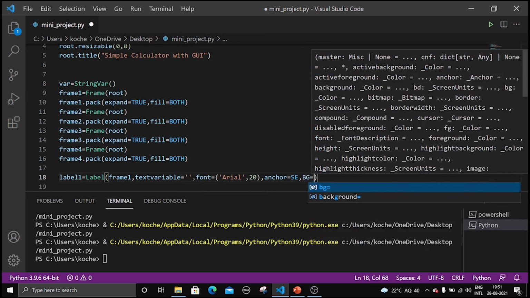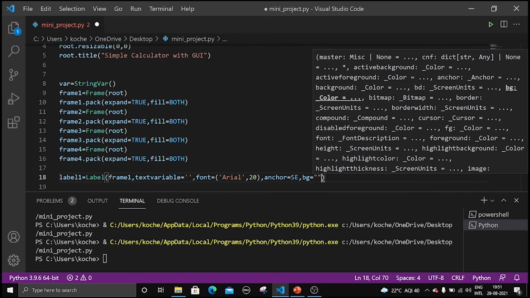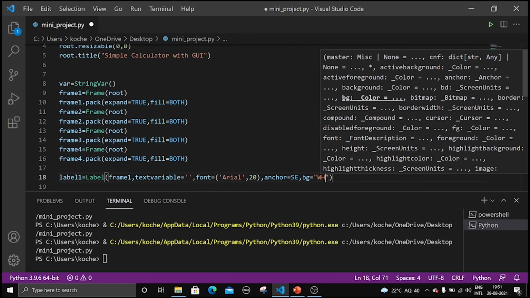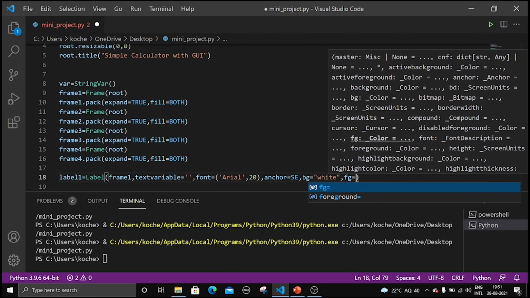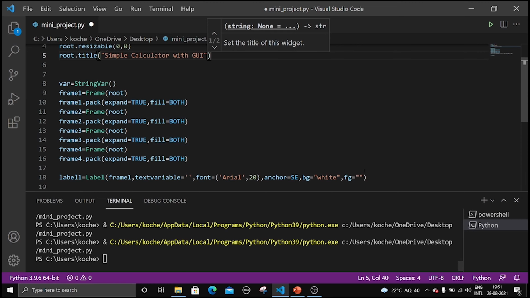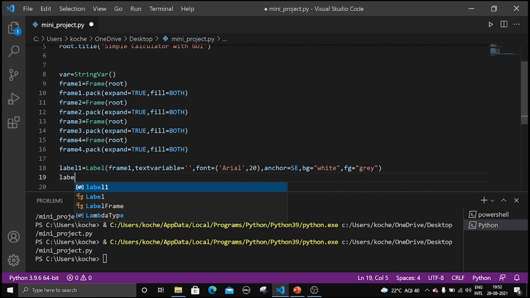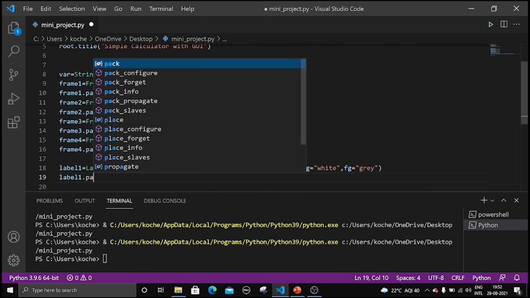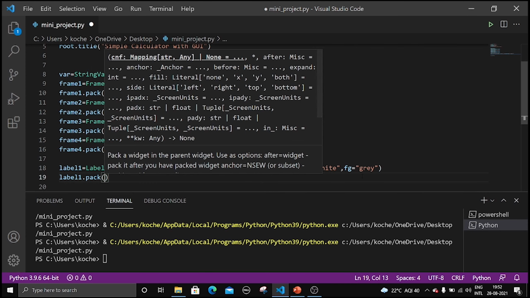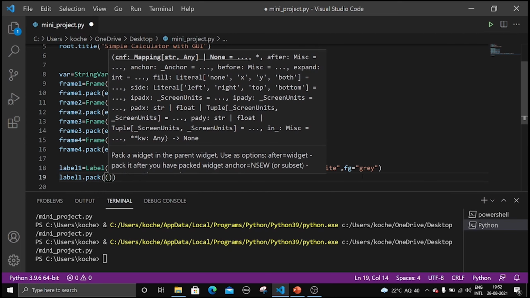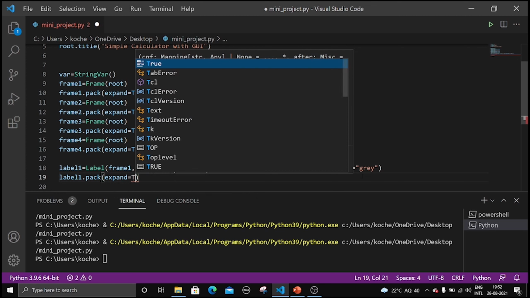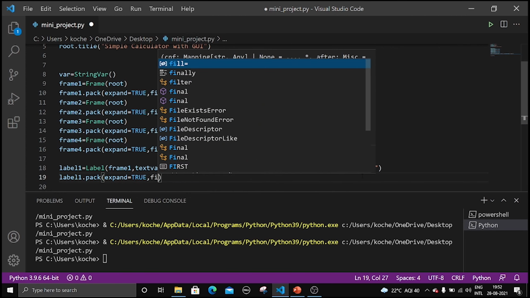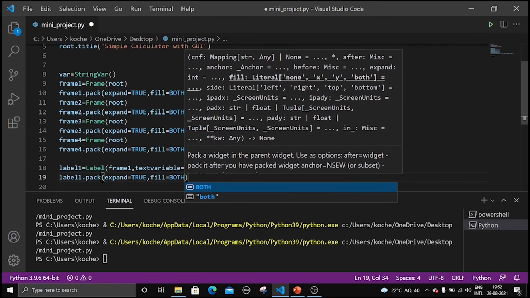Let us keep the background as white, and foreground, that is the text color, to be gray. Now let us pack this one, label1.pack, and similarly we should write expand equal to true and fill equal to both.